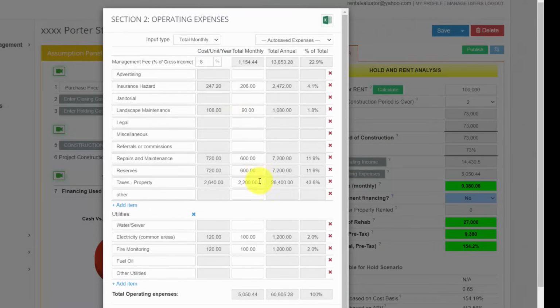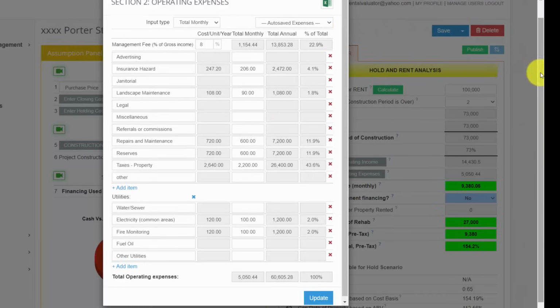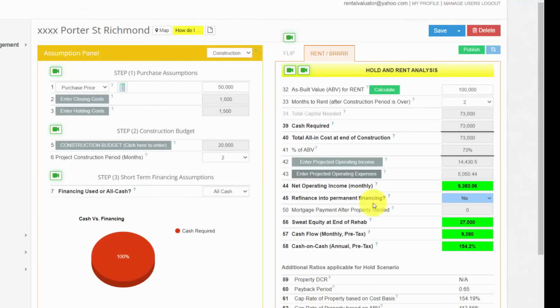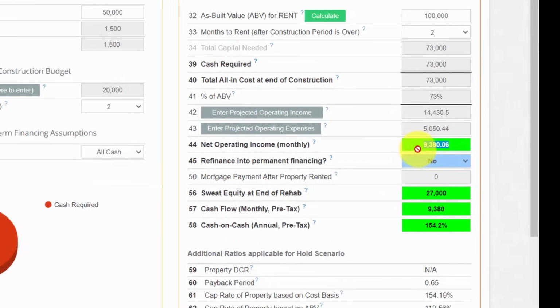Again, this very easily lets you build out your pro forma. You can enter your costs dollar per unit per year, monthly, annual. I went ahead and entered our projected operating expenses here, and they very closely match what we just went over on the slides. So I'm going to hit update, and then you can see my monthly net operating income,